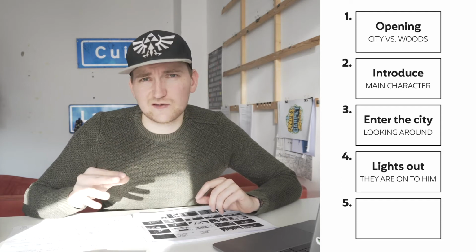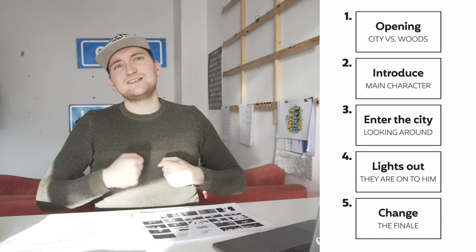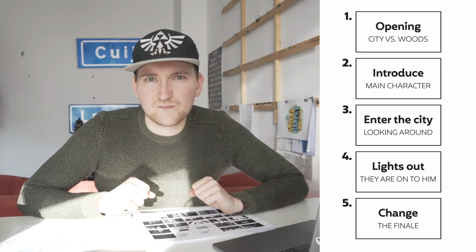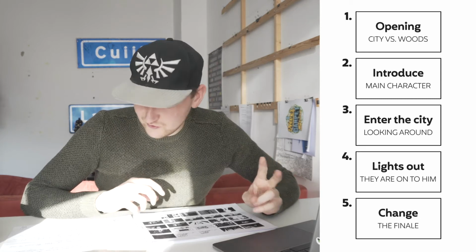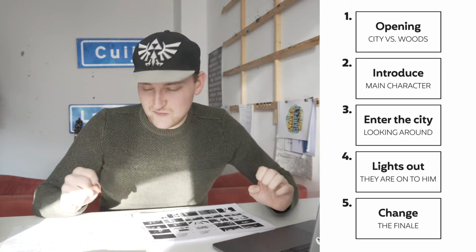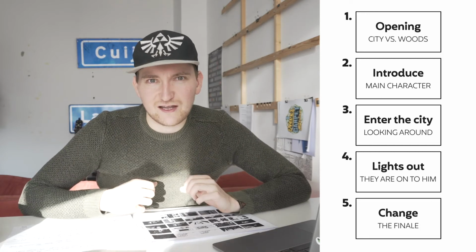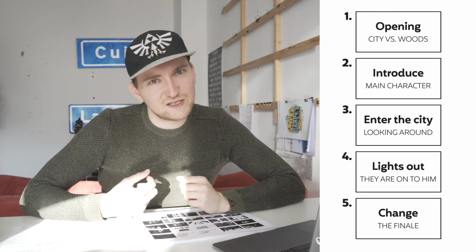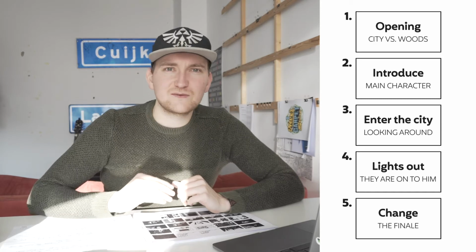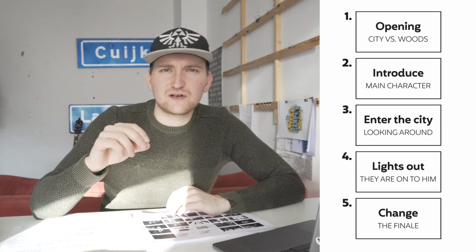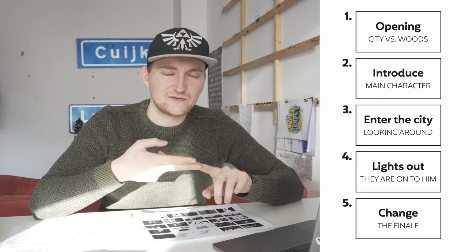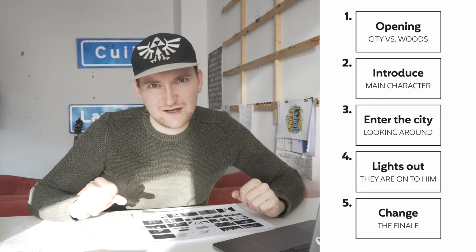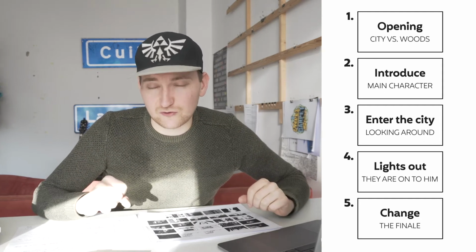And then the fifth element is where I want to have an interaction between the main character and the people who live there. Maybe it's one person who lives there, maybe it's 2, maybe it's 3, maybe it's all of them. But I want to have an interaction there and that he creates a change basically. So those are the 5 elements that I've identified. And after I did that, I had a look at, okay, what does it mean if it is one person, or if it's 2, or if it's the entire city? What does that mean for the story? So let's have a quick look at that and then wrap up.